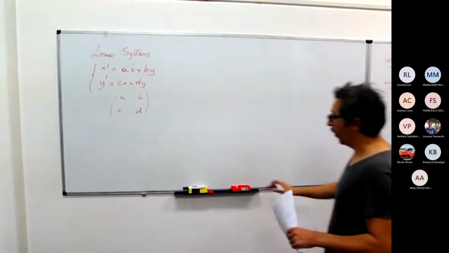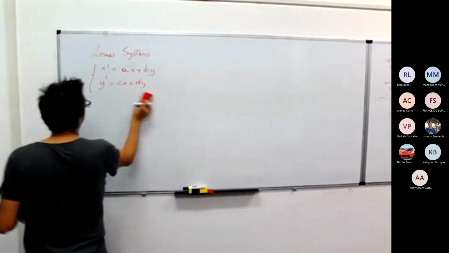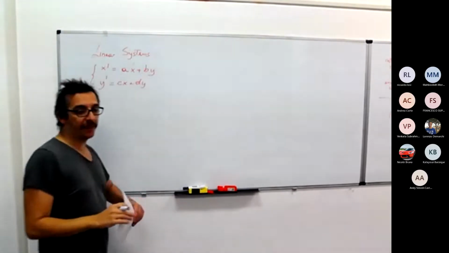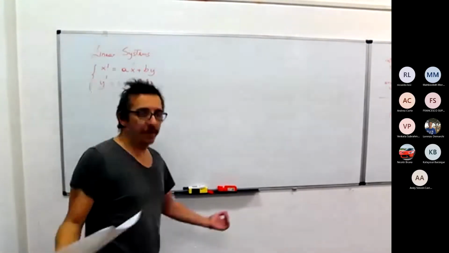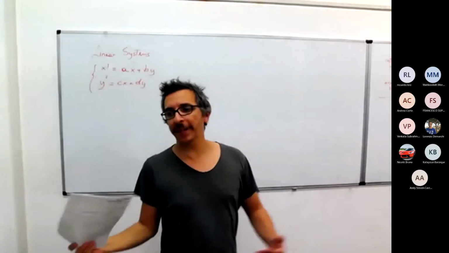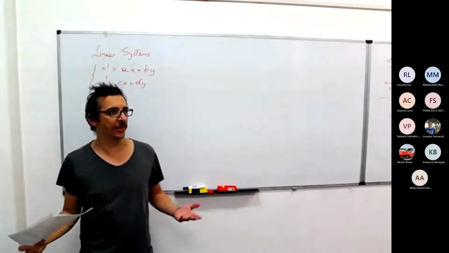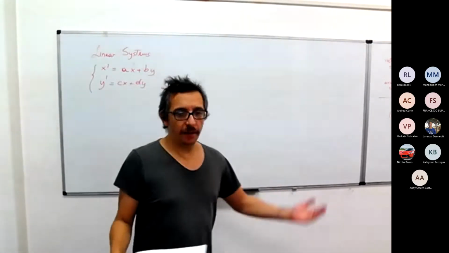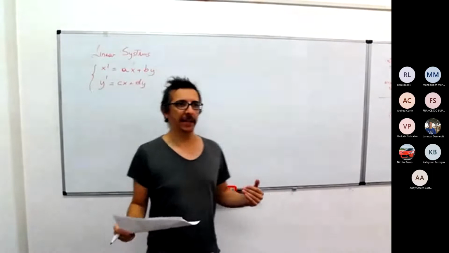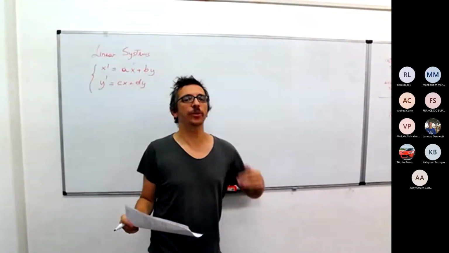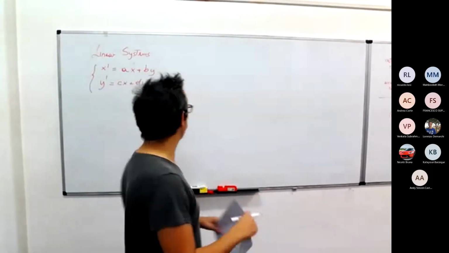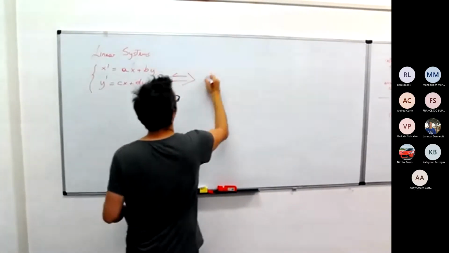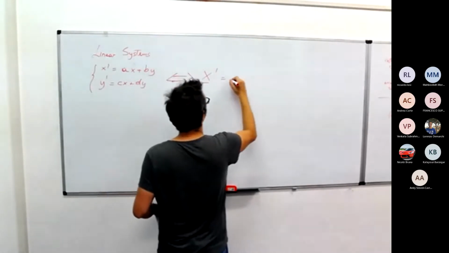Then what I was doing was to rewrite this system in matrix notation. I mean, the passage in rewriting the linear system in matrix notation is something which is okay, you can also jump it. The point is that if you rewrite it in matrix notation, it is easier to analyze what the solutions of the system are. So what I was doing was to rewrite this thing here as x prime equal to